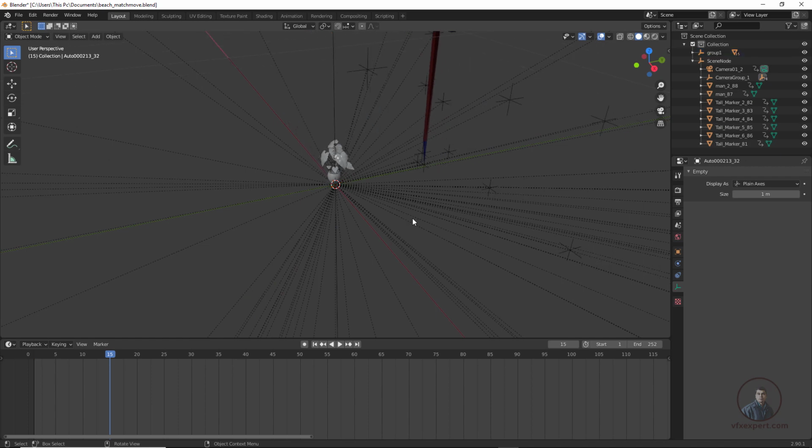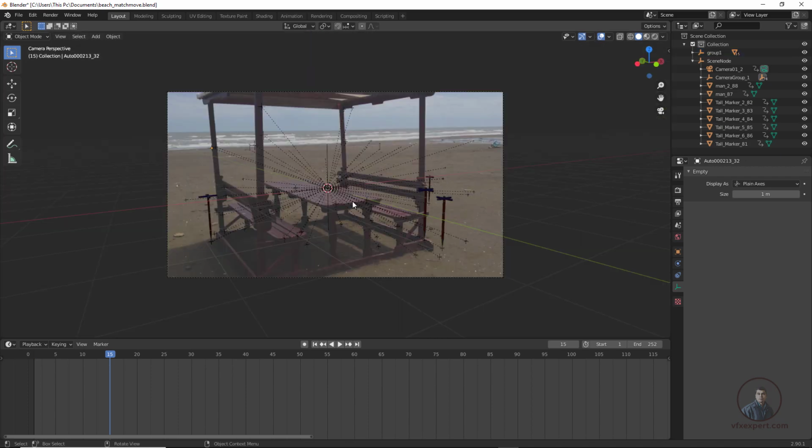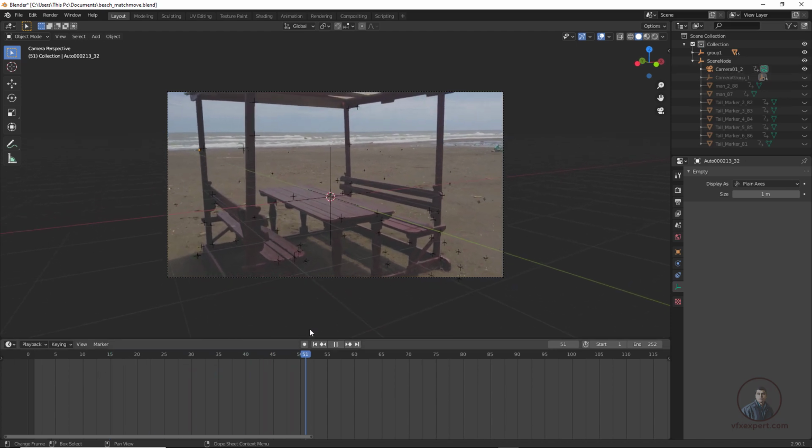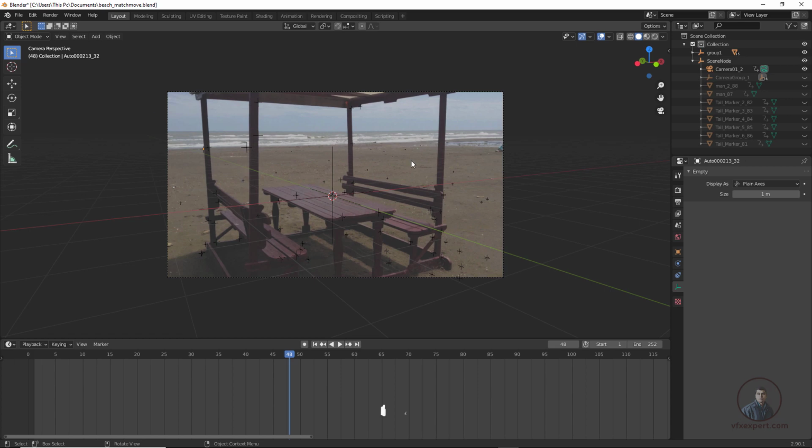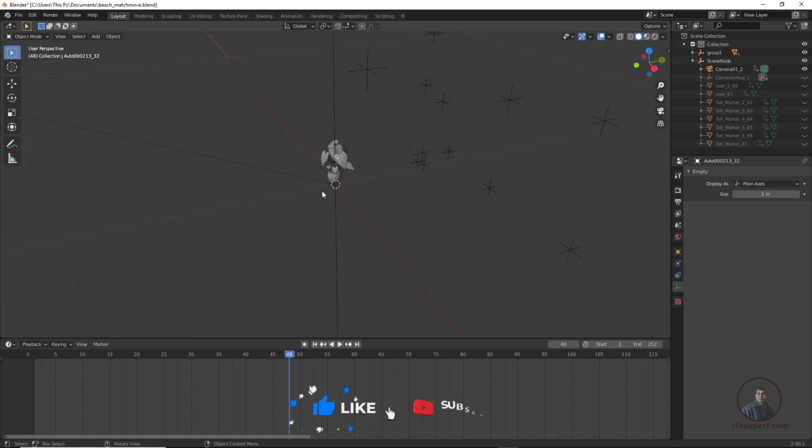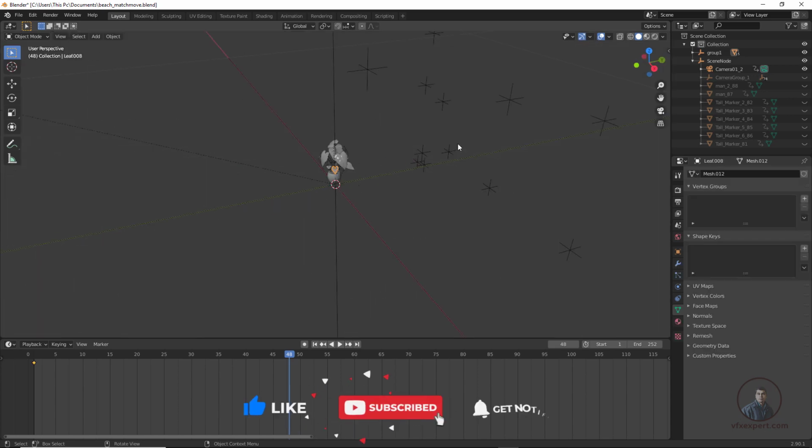Now press numpad 0. Now you can see. Here on the right side, if you want to hide some objects, you can hide them from here. Maybe some of our points, if you want, simply hide this one from here. Now play and check. Here you can see this is our model. Then again press 0. Now select this one, and from here you can also select your model.